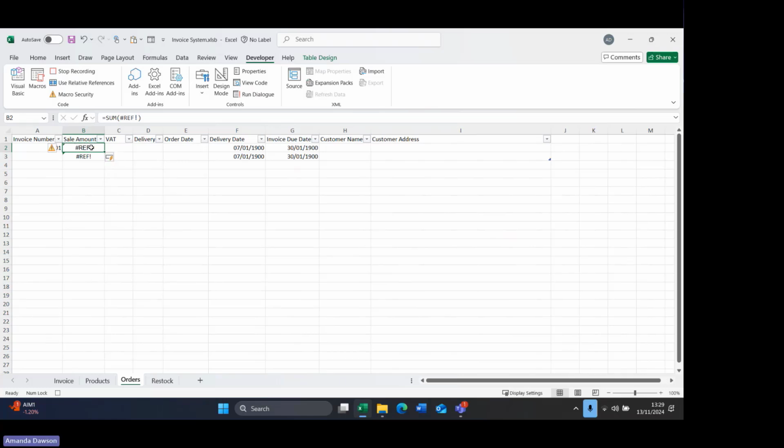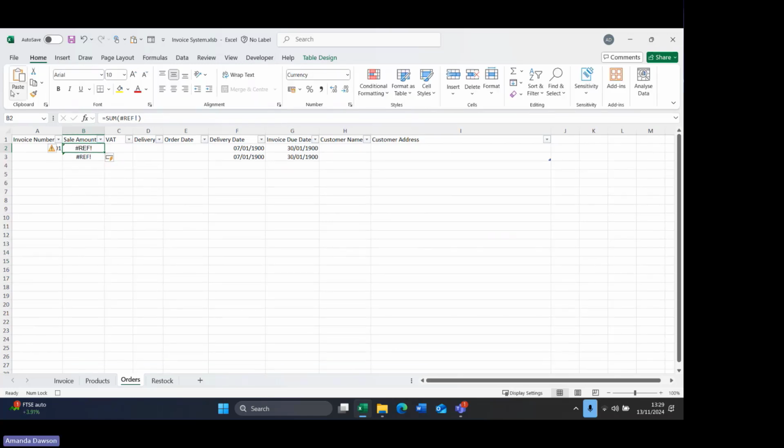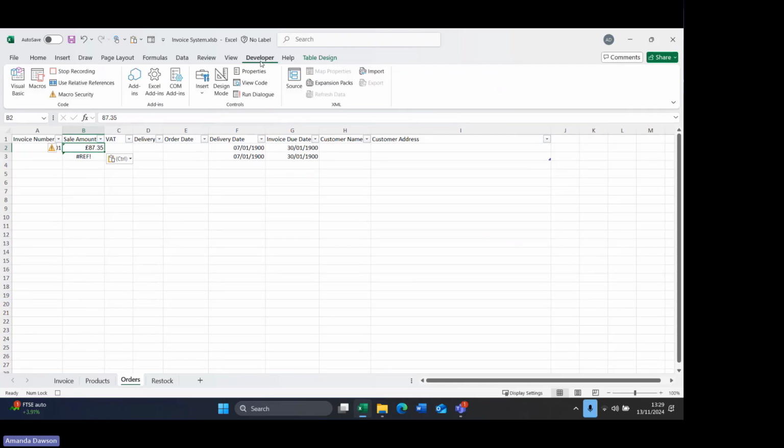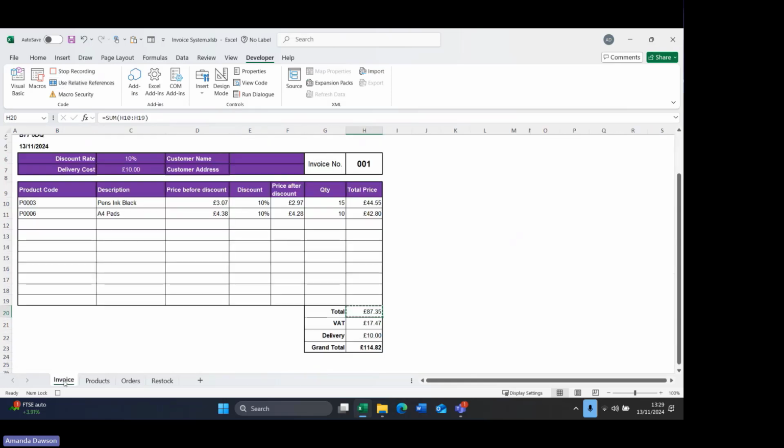And now it's got a reference error because when I paste it, I need to paste it as just the value. So paste special and values. And then I'm going to turn on my relative referencing and move to the next cell where I'm going to get the VAT. So turn relative references back off, back to the invoice, grab the VAT, copy it, back to